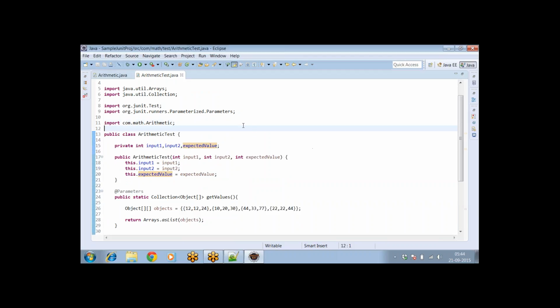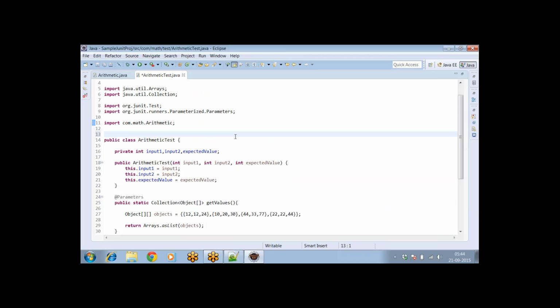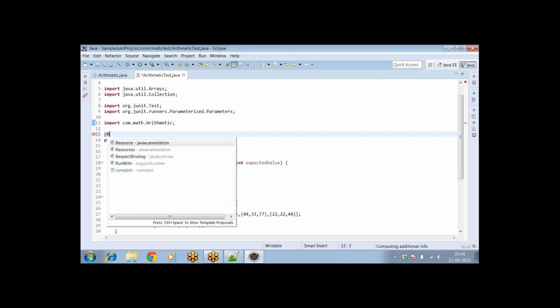But now there is one last thing which we need to do here. Actually this type of testing is called a parameterized test. We need to explicitly specify that this is a parameterized test so that JUnit can execute this test multiple times with different input values. How will you do that? For that we got this